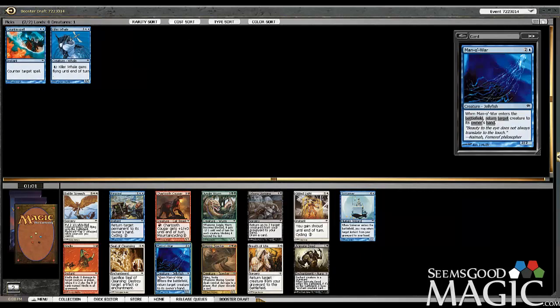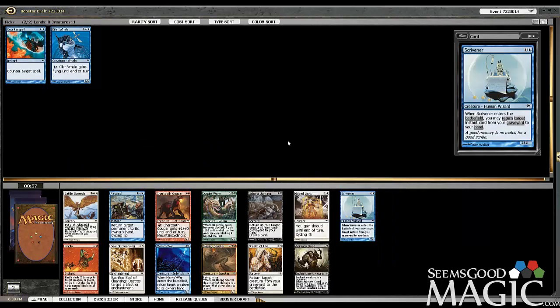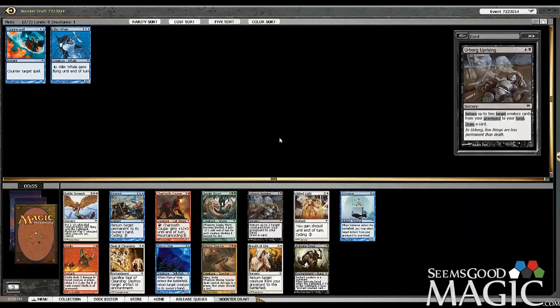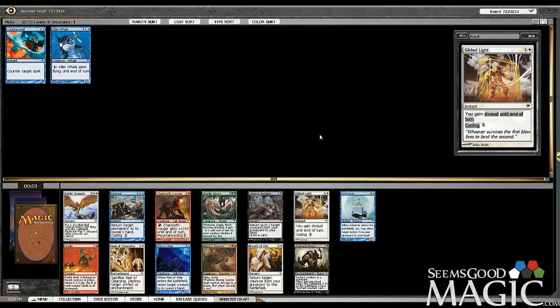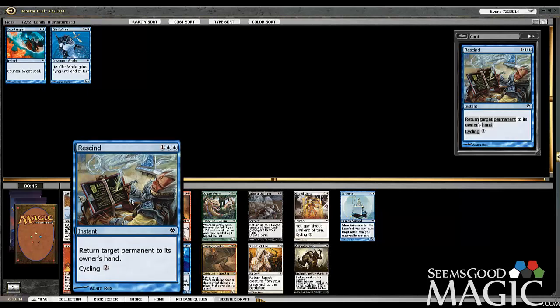Okay, so now we've got Mana War, Rescind, Scrivener, Animate Dead, Breath of Life, pure reanimator strategy going on here. Kindle, good red burn. I think we're just going to take the Mana War, stay on point with blue, try and cut as much as we can. I do like Rescind as well, but